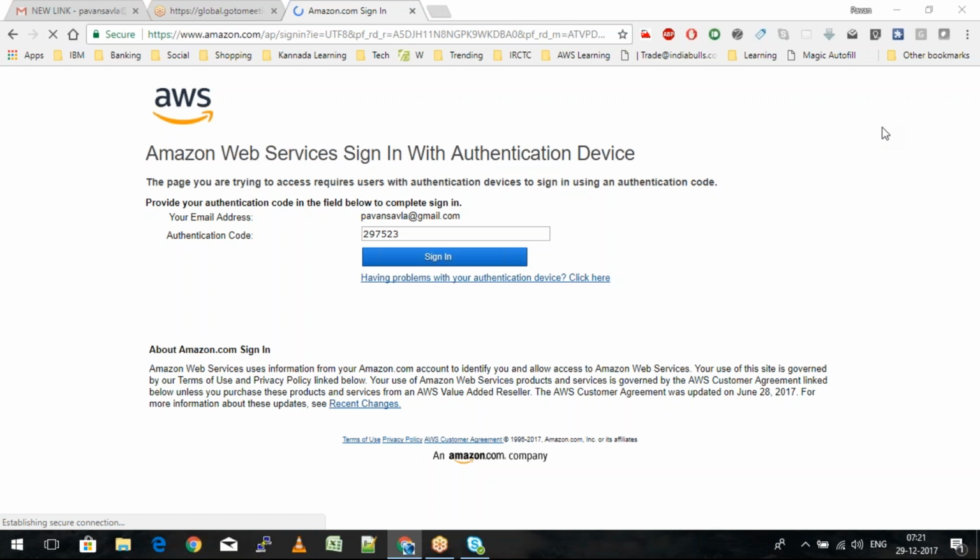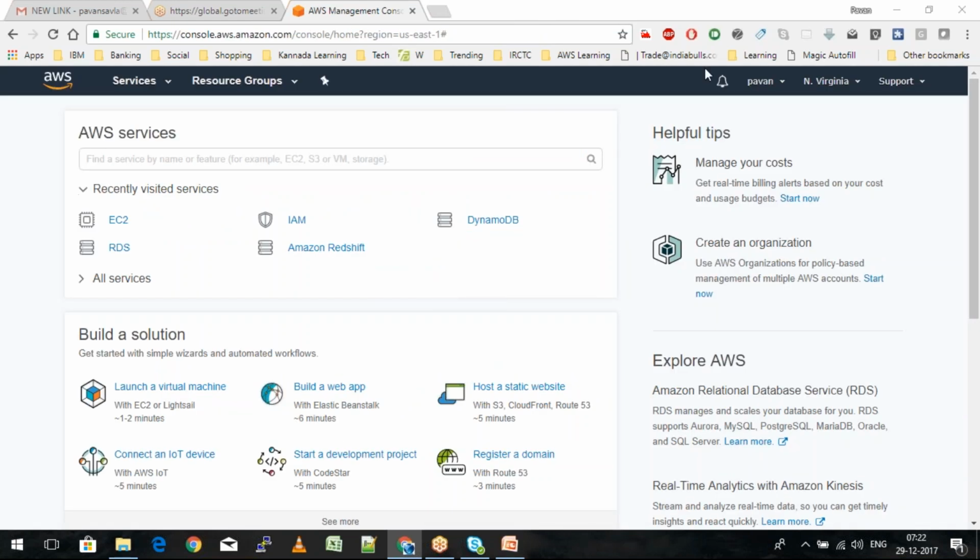There you go, I'm able to log into my AWS account. We are in the North Virginia region, and let's quickly navigate to our DynamoDB service.